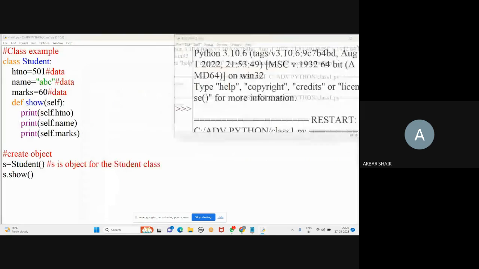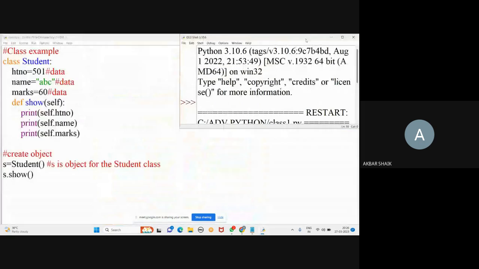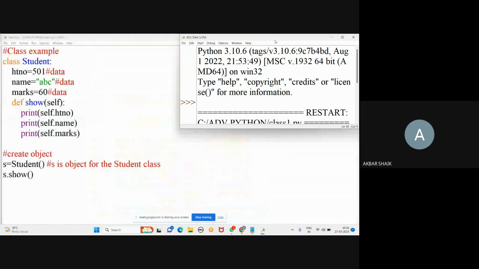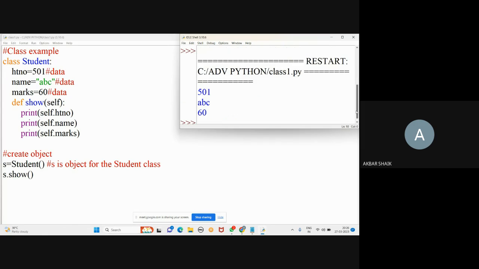So now just compare the output with the program you have written, right? So this is the output, and the program we wrote is this. Left side we have the program, right side we have the output, right? So the program is nothing but